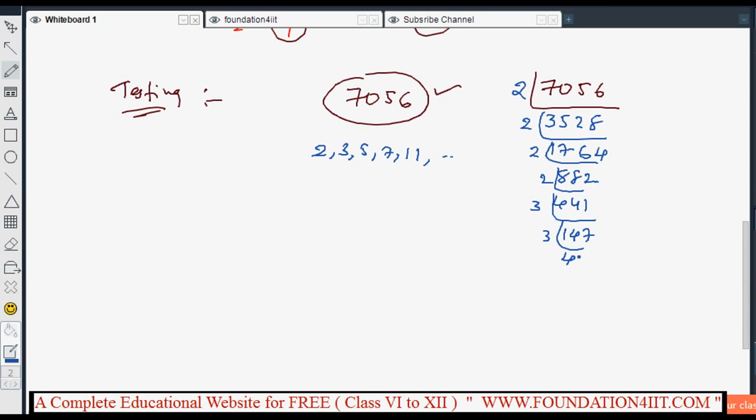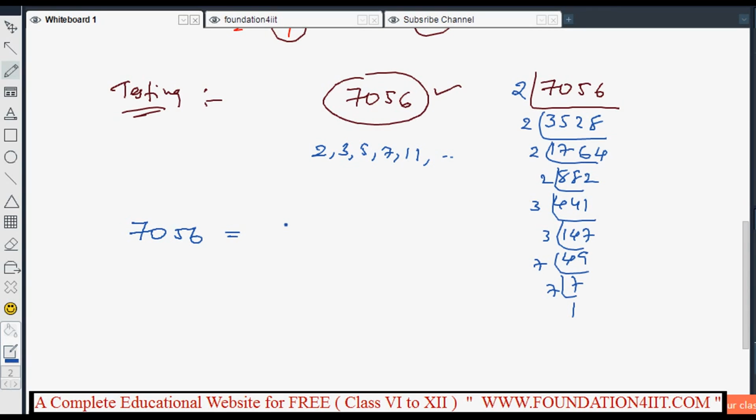3 4 is a 12, 2 7 is 14... Again this you can write 7, 7 is a 49, 7 1 is a 7. Now if you observe, these are all the prime numbers 2, 3, 7. So finally we can write